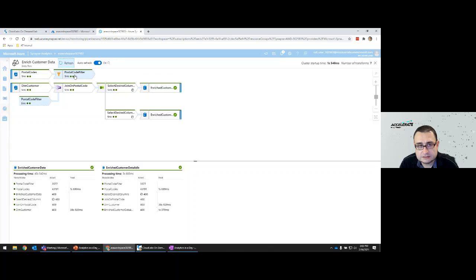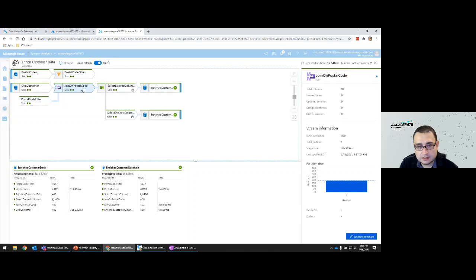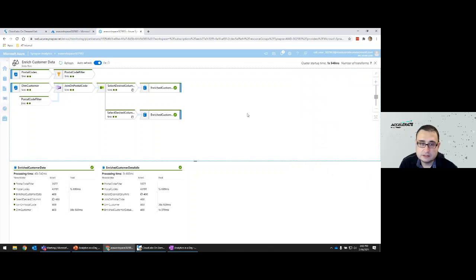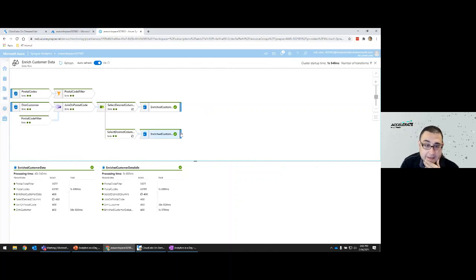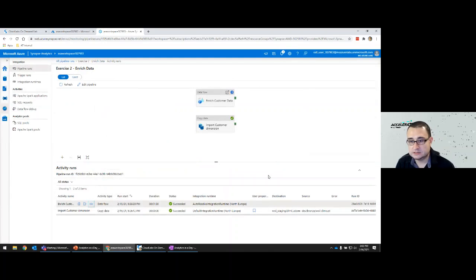Then we can click on a particular activity, in this case the join activity, and see the statistics related to that particular activity, right? So we can explore the things that are happening, and monitor and understand how those pipelines are executing.